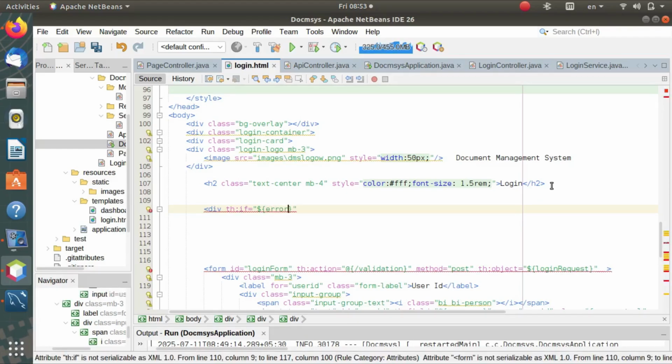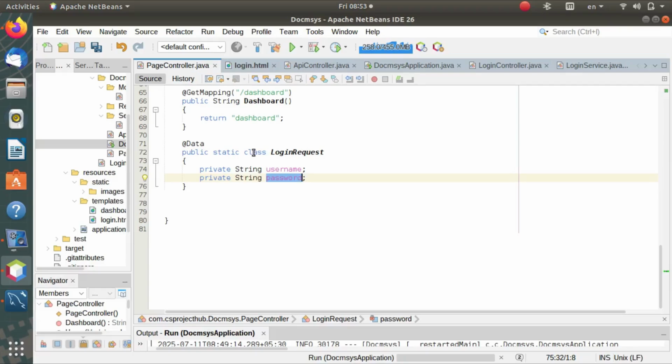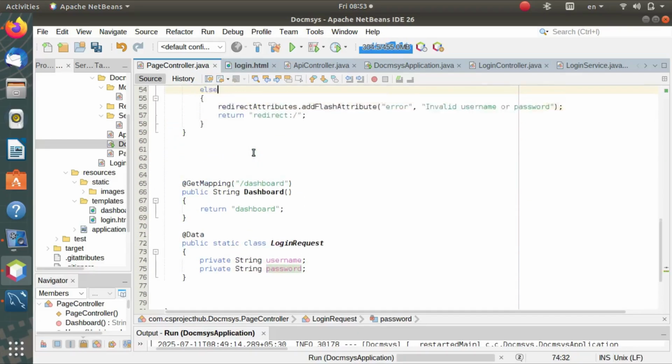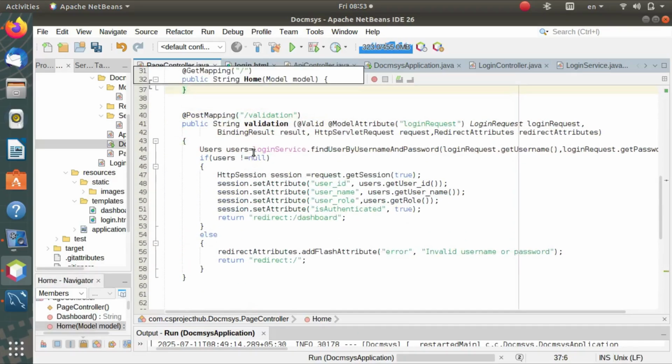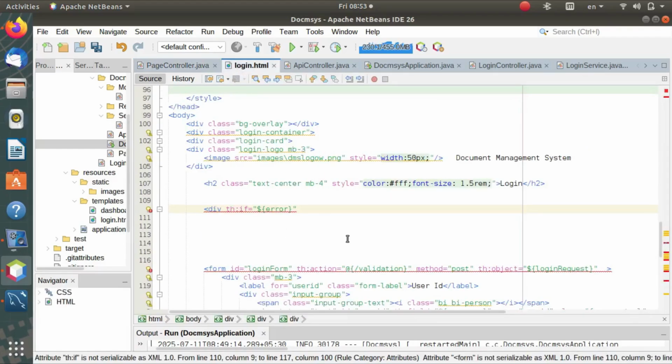That means any error attribute is coming or not. Here we have a page controller section. In validation, we set an attribute which one is error. If error is coming,